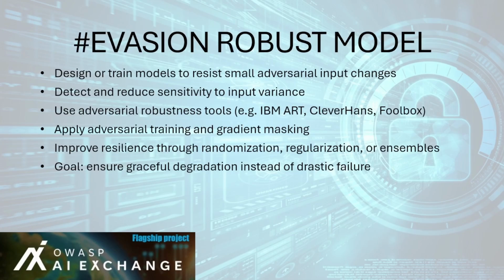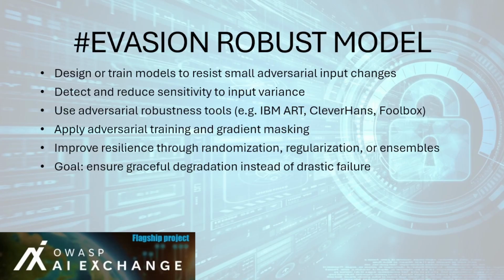Evasion robust model focuses on building AI models that can withstand evasion attacks, which attempt to slightly alter inputs to trick the system into making wrong predictions. A robust model maintains stable output even when small, subtle changes are introduced. The purpose of this control is to ensure that the model's behavior doesn't drastically change due to tiny, often imperceptible alterations. This enhances trust, reliability, and integrity of AI systems, especially those used in security-critical environments, for example, fraud detection,